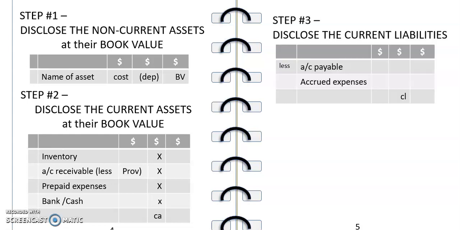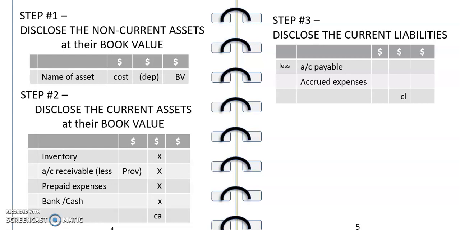Now step number 3. Using this method that I'm talking about, you will disclose your current liabilities. And your current liabilities will be anything payable in less than 12 months. So usually you start off with your accounts payable. You can have your accrued expenses, which will be those expenses that are owing and have to be paid shortly. I mean, any other payable items like dividends payable, income payable, stuff like that, right? Tax payable, right? All those can be part of this current liability as long as they're due within the 12-month